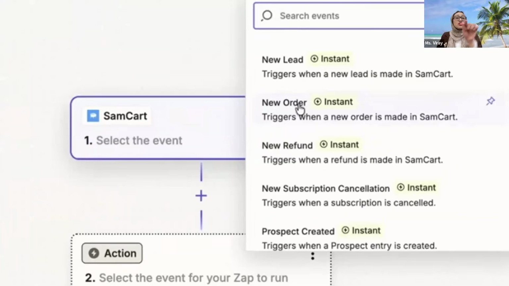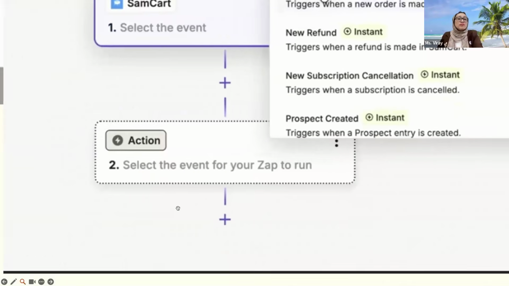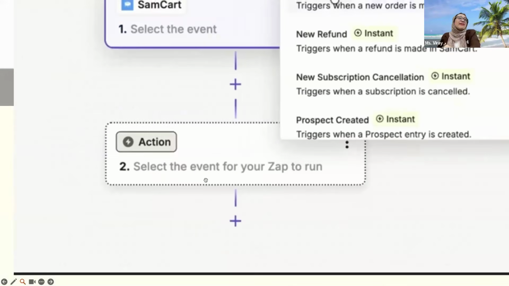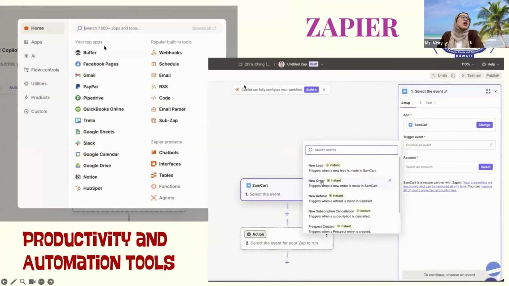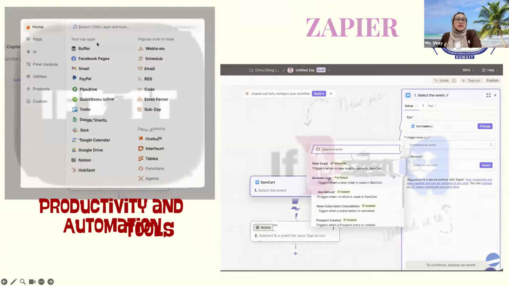So that means when you click on this new order, there's already a programming set in the background of this command. So when you click this one, new order means it's a trigger when a new customer order is made in Samcart. If somebody ordered in Samcart, or this is called Shopee or Talabat, what's the action? All you need to do is just select. So that's how automation tools work, okay? Now, depending on your client, if they have some automation tools, then you are lucky because you don't need to do manual things, okay? So I hope you understand automation somehow.